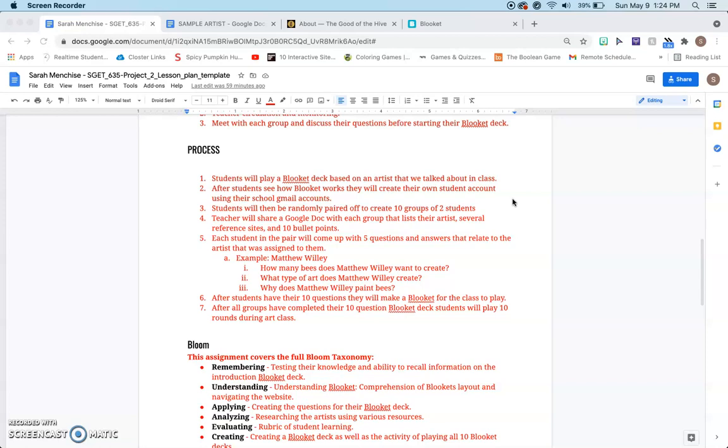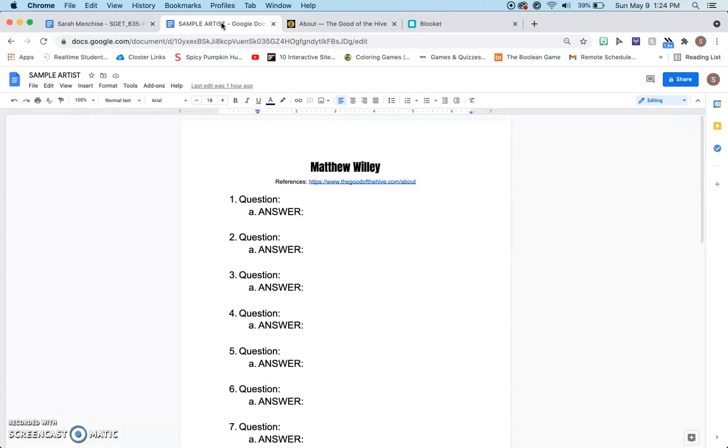Then they will play Blooket as groups, so like as the whole class. So each group will present their Blooket, and then we'll play the game, which will be a fun, really, art class, and if we have to, we'll do it over 2 art classes. And then I have just a sample of what their